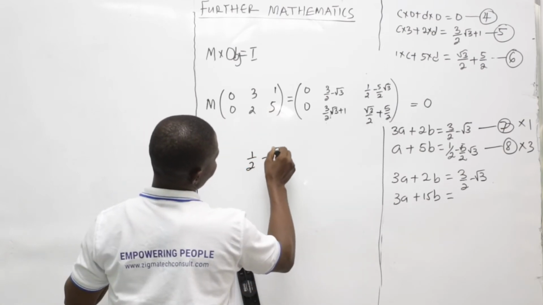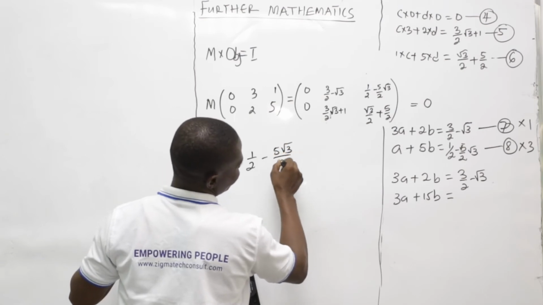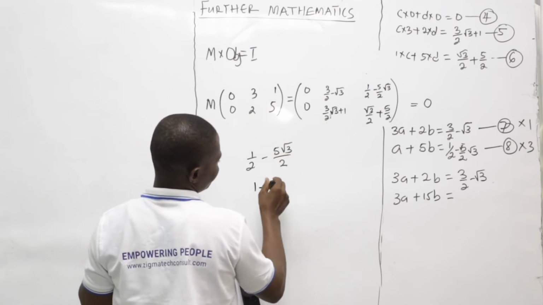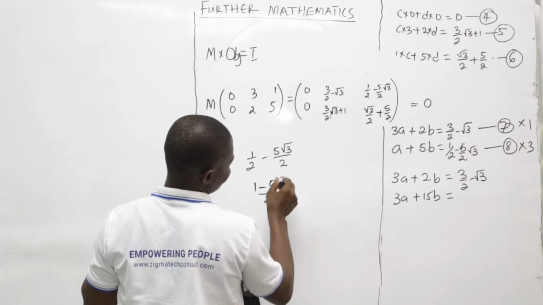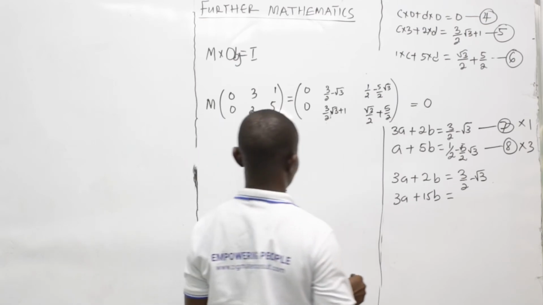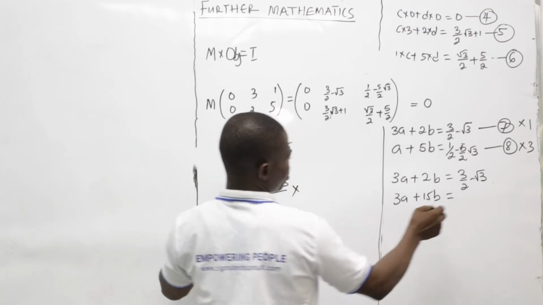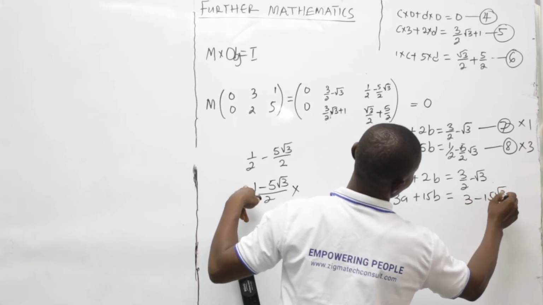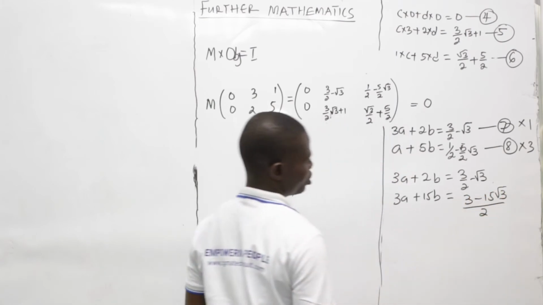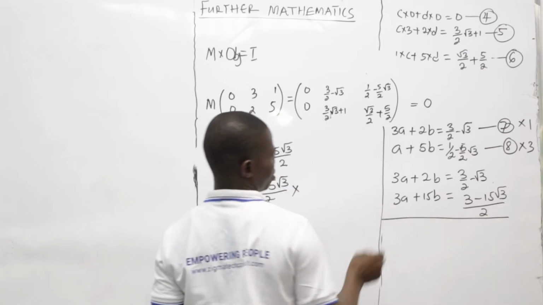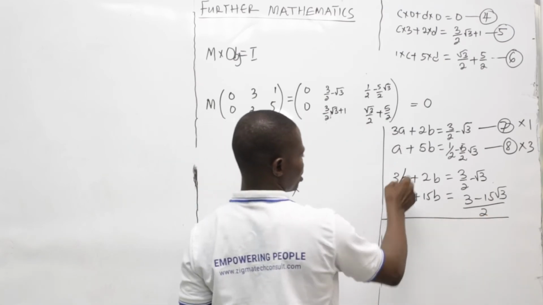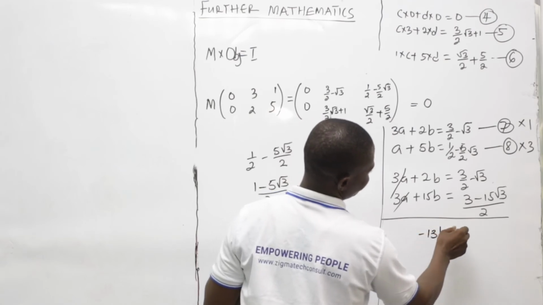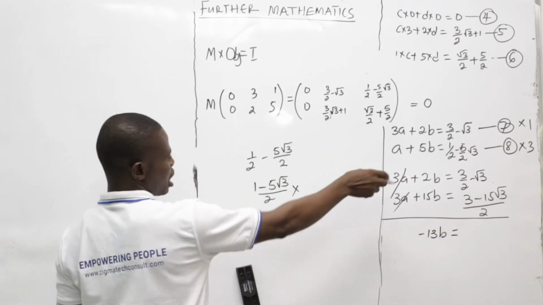1/2 minus 5√3 all over 2. LCM is 2. So this is going to give us (1 minus 5√3) all over 2. Okay? So that when we multiply by 3, it will give us (3 minus 15√3) all over 2. By elimination method, this minus this cancel, this minus this, minus 13b equals, we now have